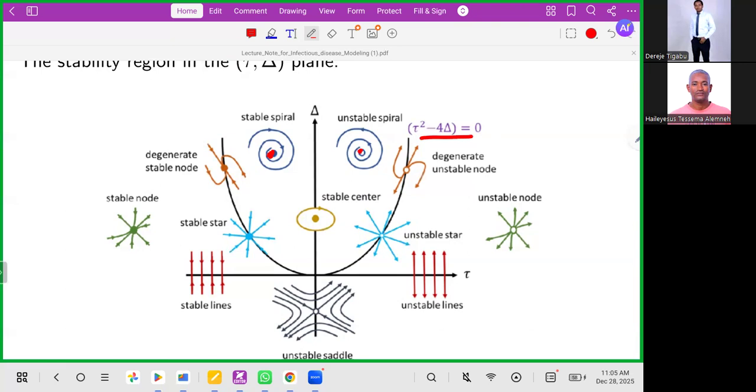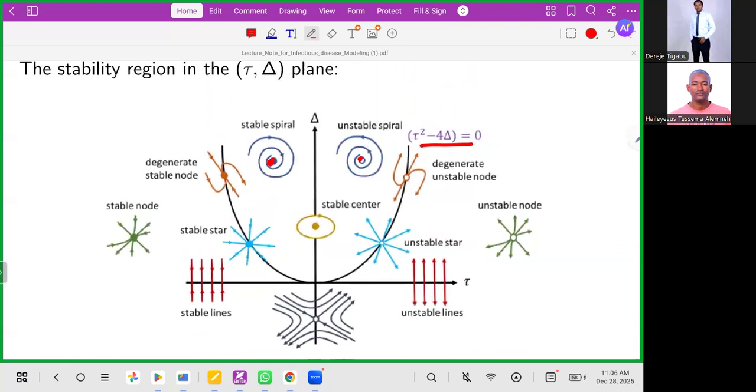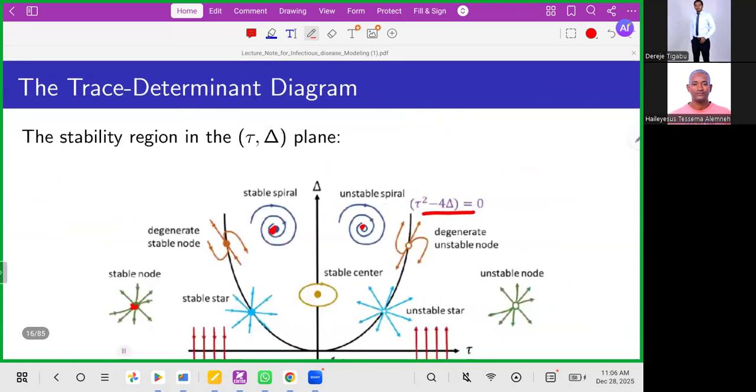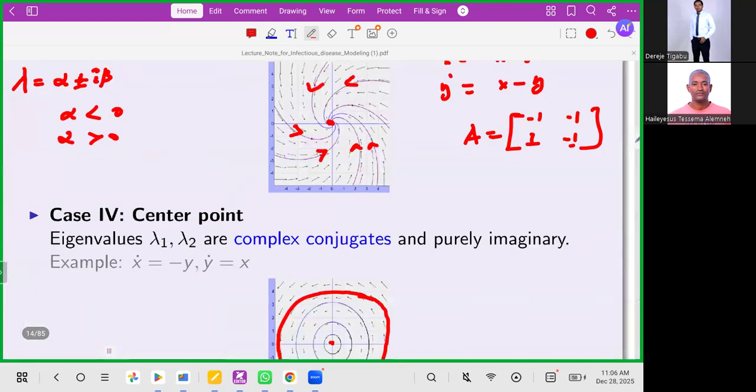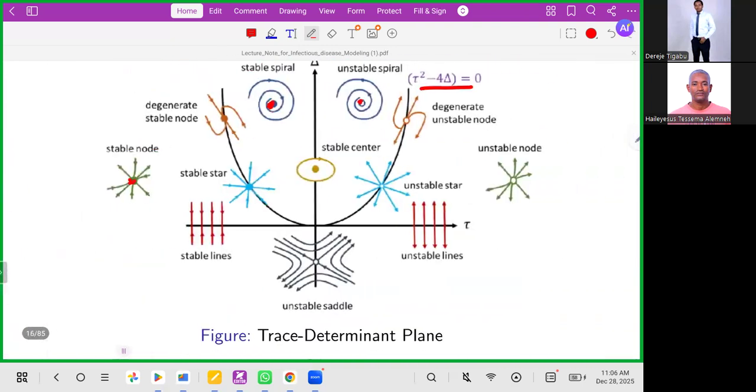Or if it is found on this axis, it's said to be the stable center. If it is on the other side, we call it an unstable node. On the other side, it's said to be a stable node. So it depends on, I think it comes from this, a similar concept to what we discussed in the table. I think when you read it you will see it well.